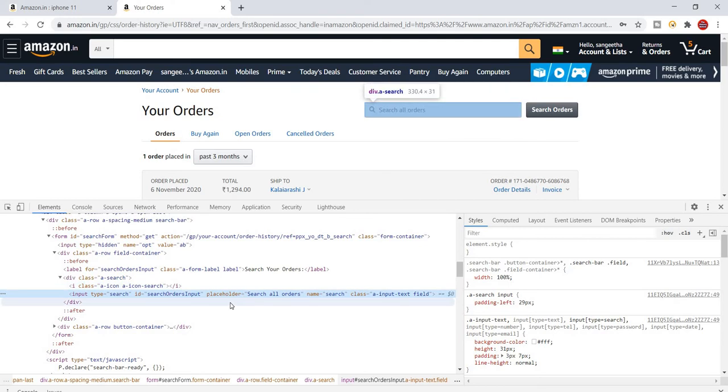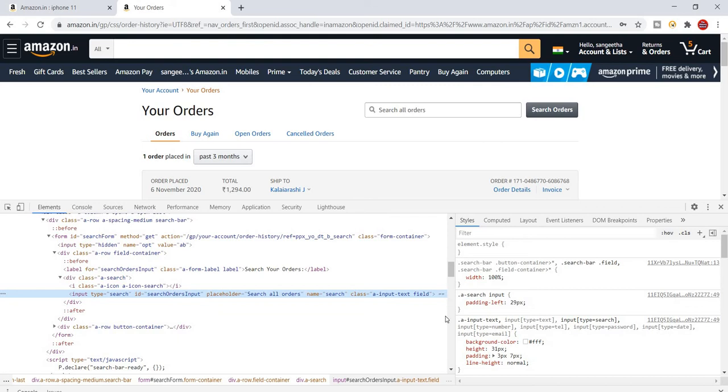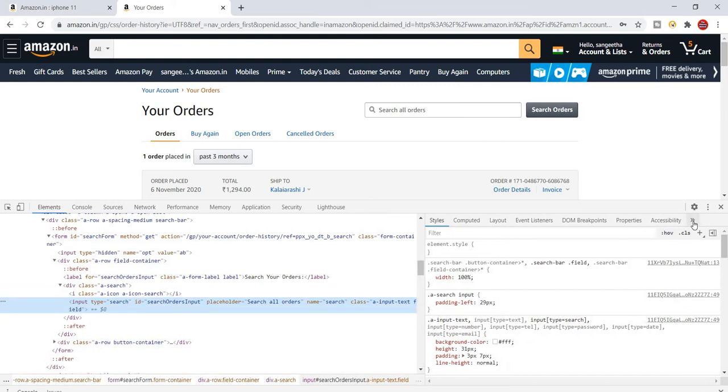Yeah, so here you can see. A placeholder means inside the text box only. Obviously the placeholder value will be available, right? So we are not able to remove that one. Okay. So here I'm not able to find selectors, so what you can do is extend this one, and you can see this Selectors Hub.